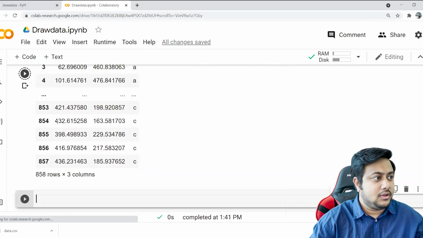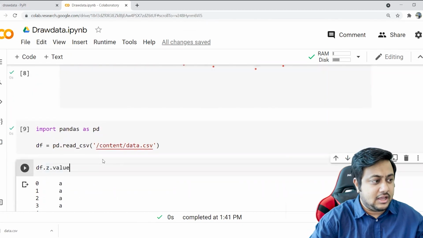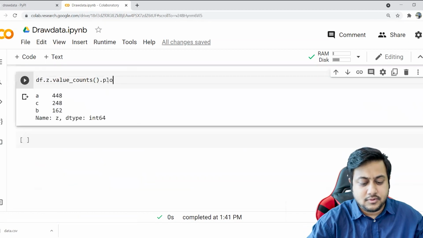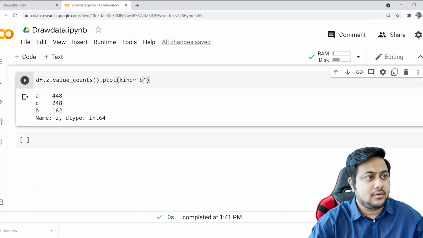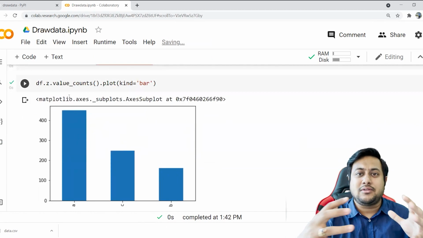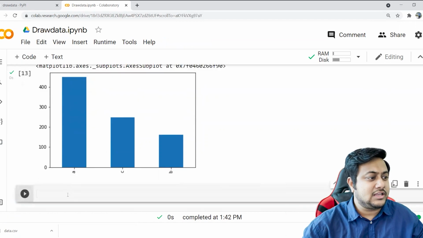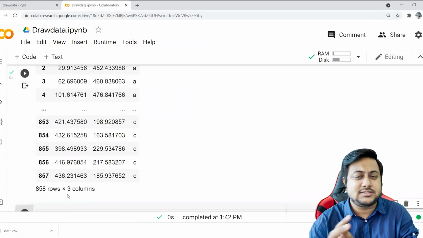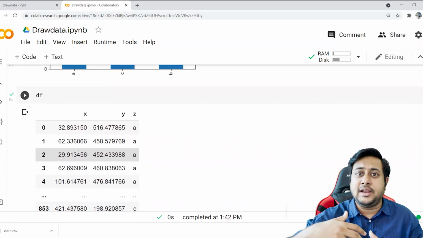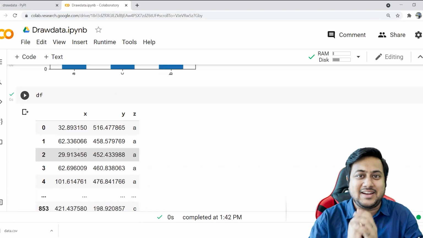Now, if you want to see what the different z records are, you can do it. Or if you want to see the value counts, you can also do this, with plot kind equals bar, and it gives you a distribution of your data points. Now your 3-class classification data set is ready. Of course, the data set only has 2 features, which are your x-axis and y-axis. You can append more features to it manually. Let's say you are adding some contract type or some other features, you can do it. But this is how you can use Draw Data to create a data set by drawing it.